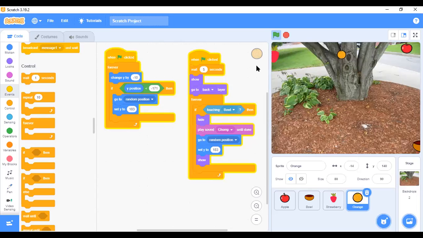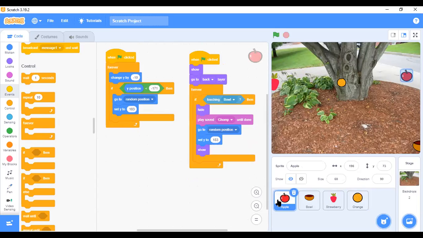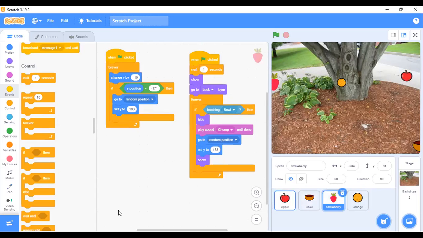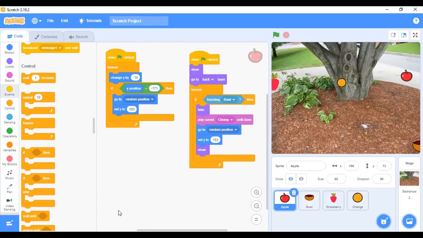So basically, you can adjust the speed as you see fit yourself. That's the end of this particular solution for the catching game. For some of the questions you've asked, like what is the code for the bowl? I've shown you the code for the bowl. This is the code for the bowl.